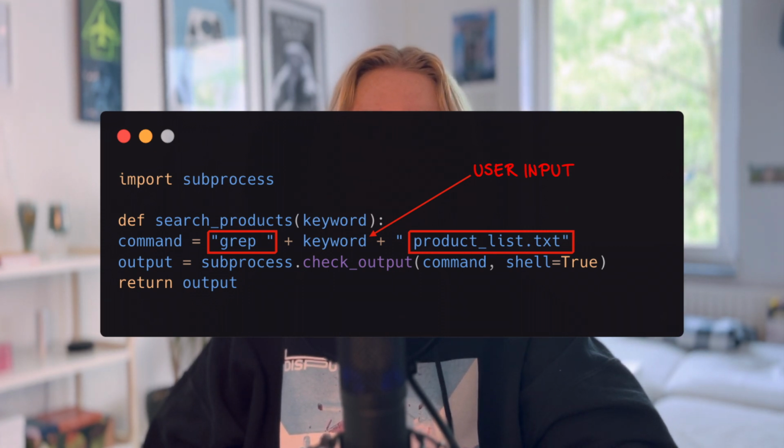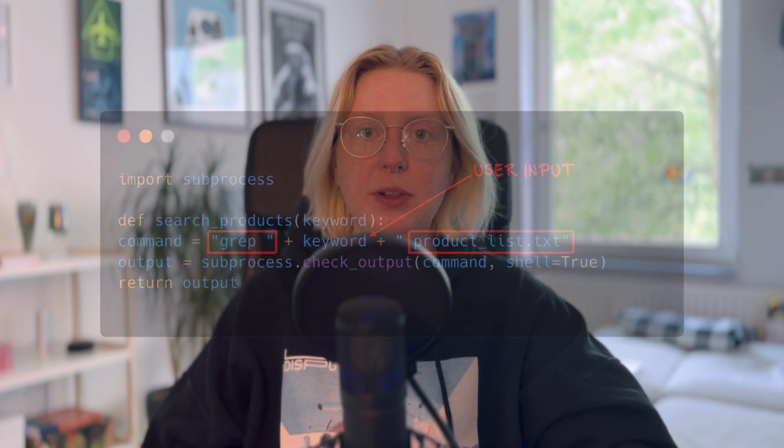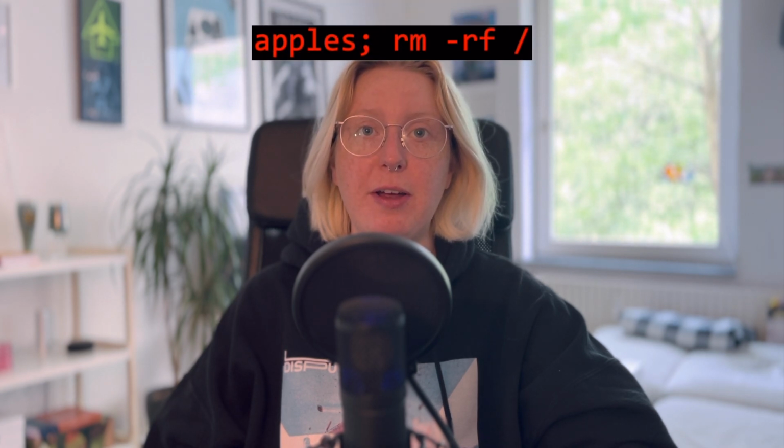In this example, the command string uses the grep command to search the product list txt file for the keyword provided by the user. If the user input is directly sent to the system without any proper validation, an attacker now could exploit this vulnerability by including malicious commands into the search function. An example for that could be this. A malicious user enters apples; rm -rf into the search function. The application will then insert the user's input into the command string, so the resulting command will be grep apples